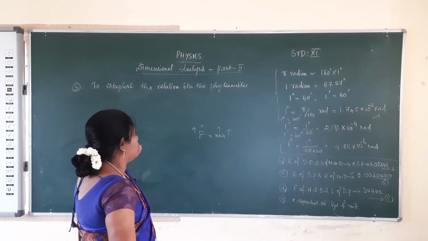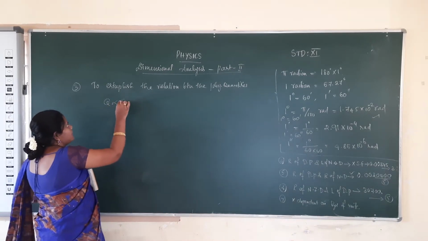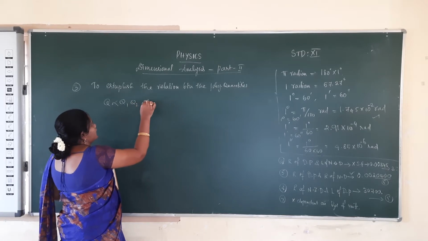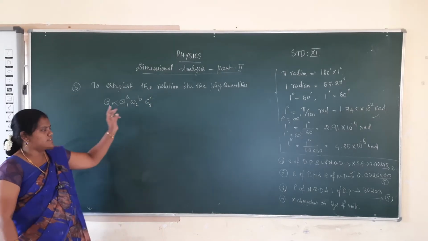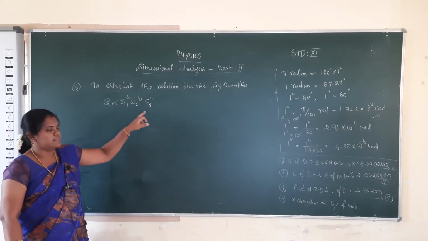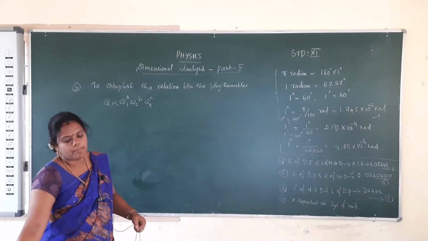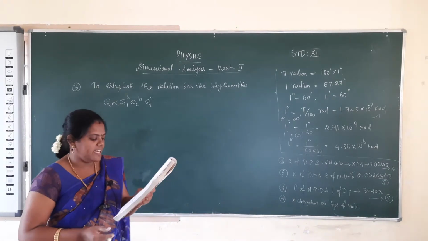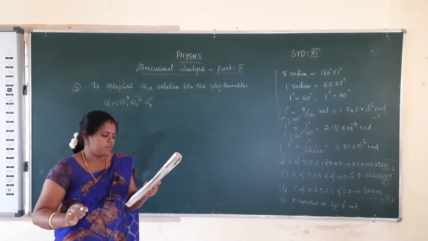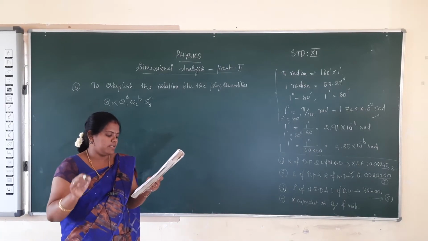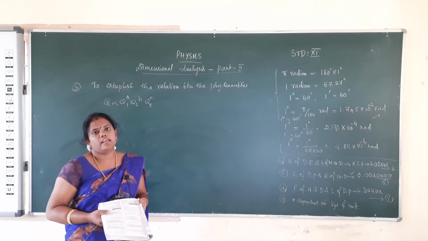So how to establish a relationship between the physical quantities? First we take one physical quantity, which depends upon the other physical quantities Q1, Q2 and Q3. We take powers A, B, C, the powers of the dimensions of the other 3 physical quantities Q1, Q2, Q3. In your book there is one example problem: obtain an expression for the time period T of a simple pendulum. The time period T depends upon the mass of the bob, the length of the pendulum and the acceleration due to gravity. Taking k is equal to 2 pi.